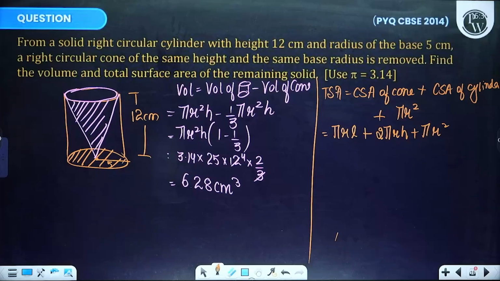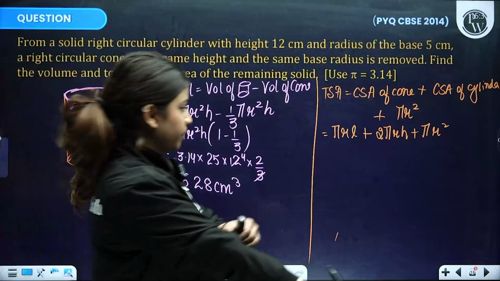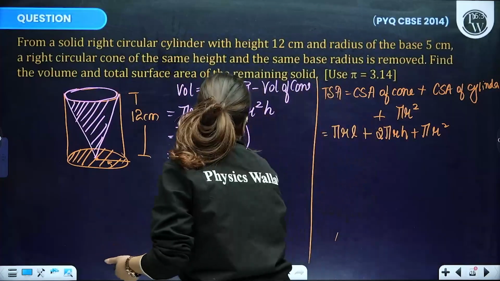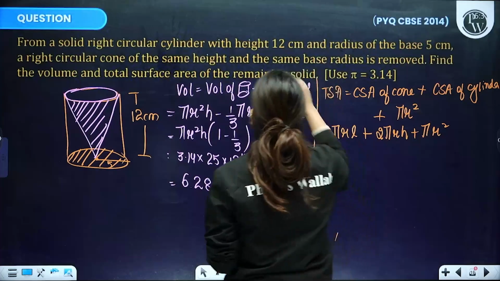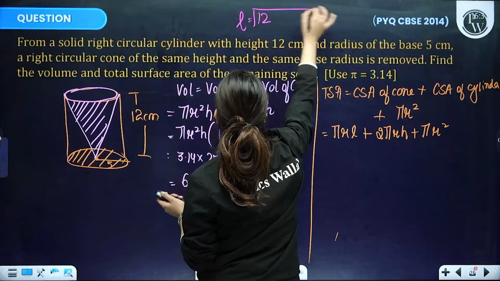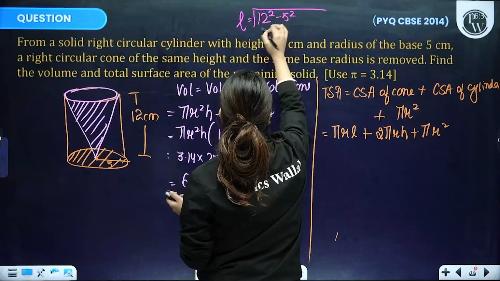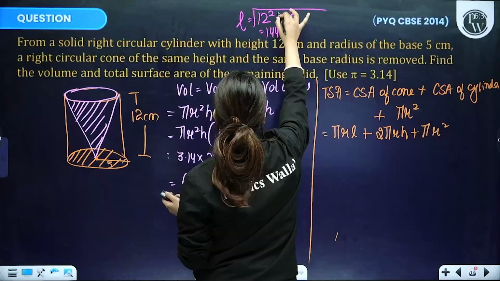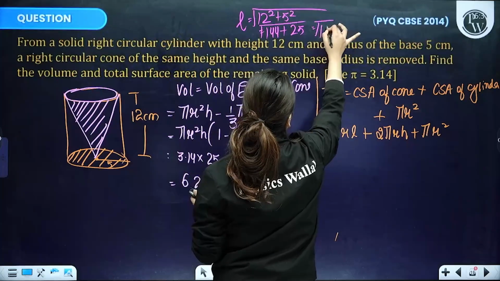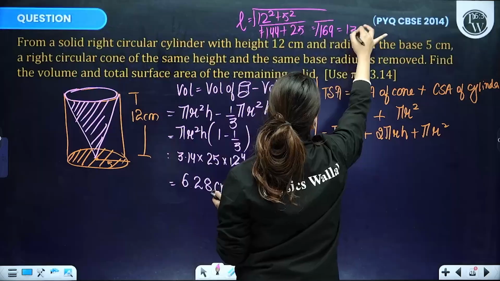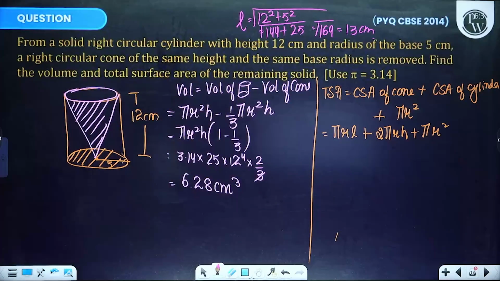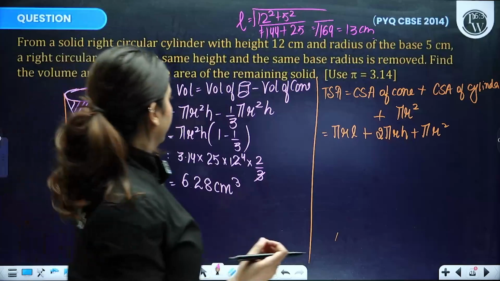I hope that this thing is clear with everyone. Right? So this simply means pi r L. You first of all have to calculate for L now. So L will be equivalent to the square root of 12 square plus 5 square, which is 144 plus 25, the square root of 169, and you can directly get 13 centimeter as the slant height, or you can say if you consider it as the hypotenuse of the other part.